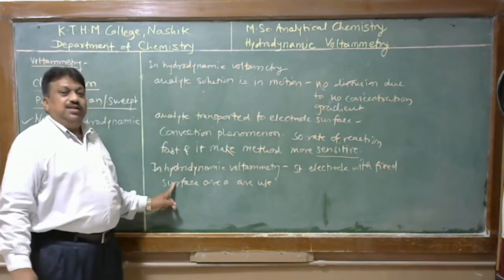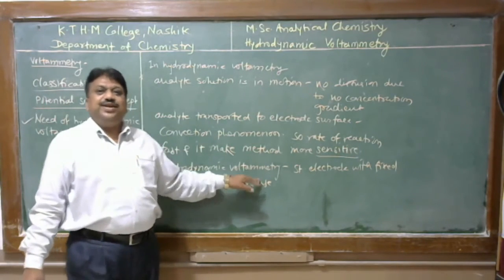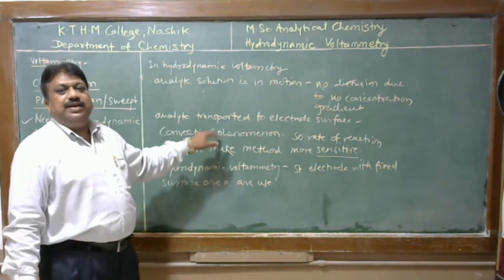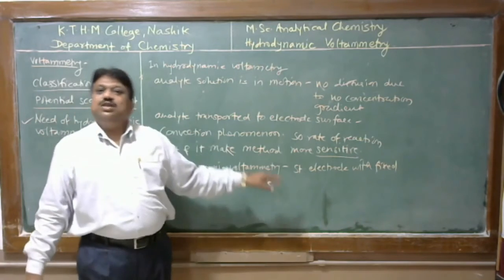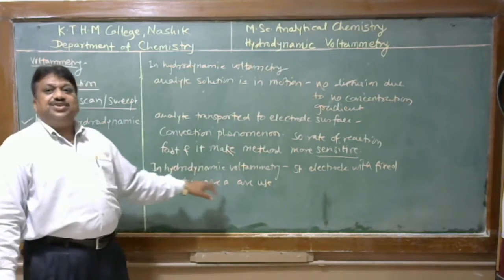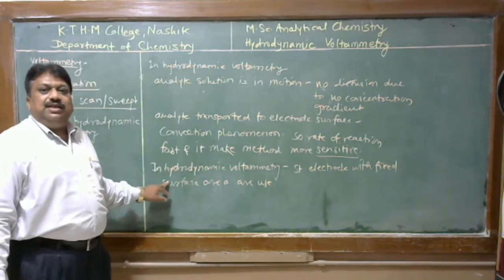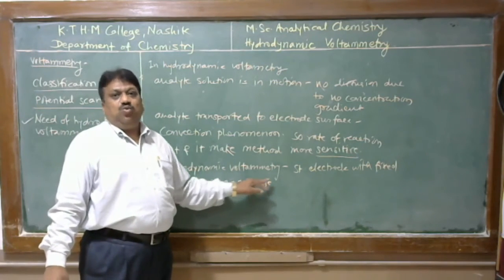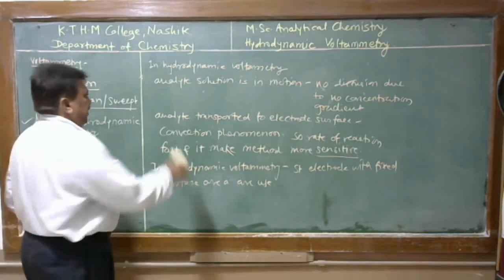Therefore, here there is no change in rate of reaction, and therefore we do not have a polarogram in a zigzag manner or in an oscillating manner. We have a linear curve on the polarogram because surface area is fixed and rate of reaction is fixed, and therefore we can eliminate the error because of the oscillation in the current voltage curve. This is the main advantage of this voltammetry.